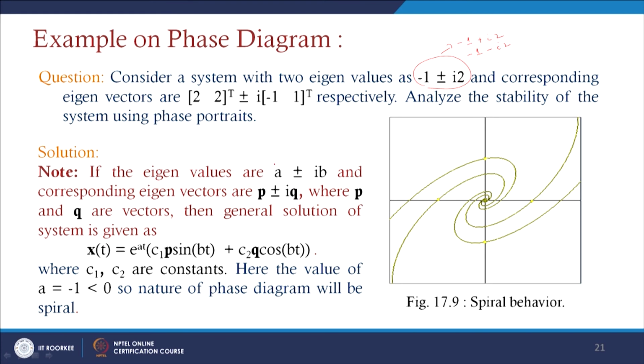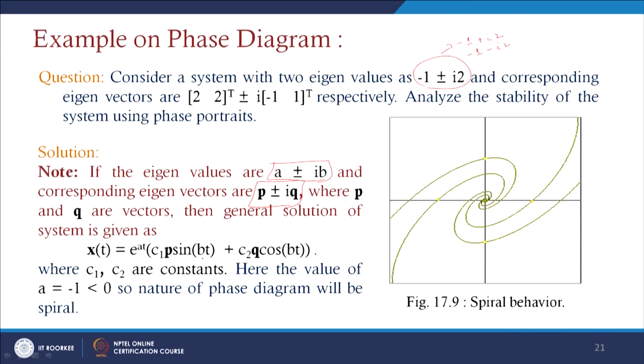and the corresponding eigenvectors we can write as, suppose, p plus or minus i q. And we know that the solution is written in the form of x of t equals e to the power a t [c1 p sin b t plus c2 q cos b t]. Already it is explained in the second order differential equations how we are obtaining